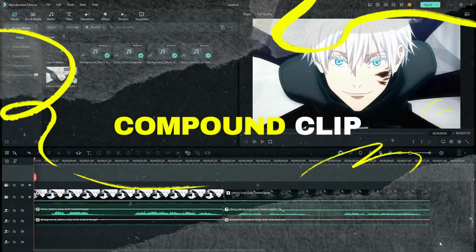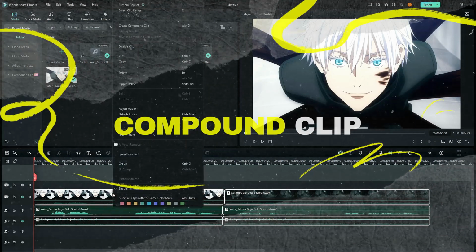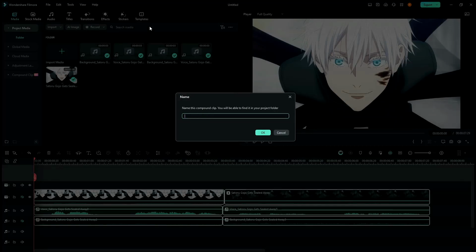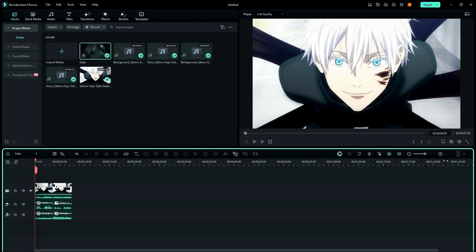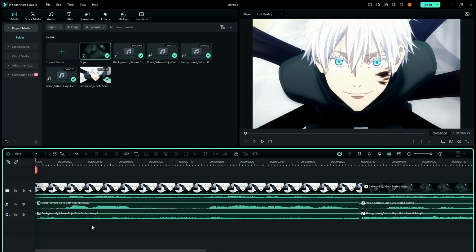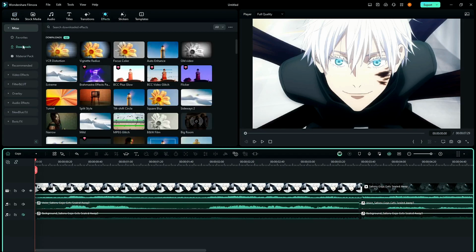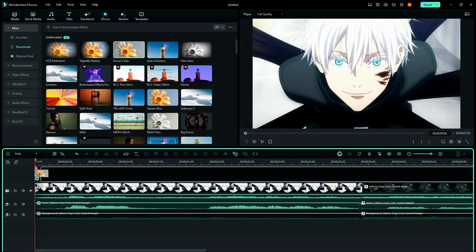In order to use compound clip, just select your clips, right click, press this option, name your pre-composition, press OK, and you will get this option over here. If you press this, and if I go to the Gojo timeline, you can see that all my stuff is now here, right? Now if I were to add some effects over here, like this